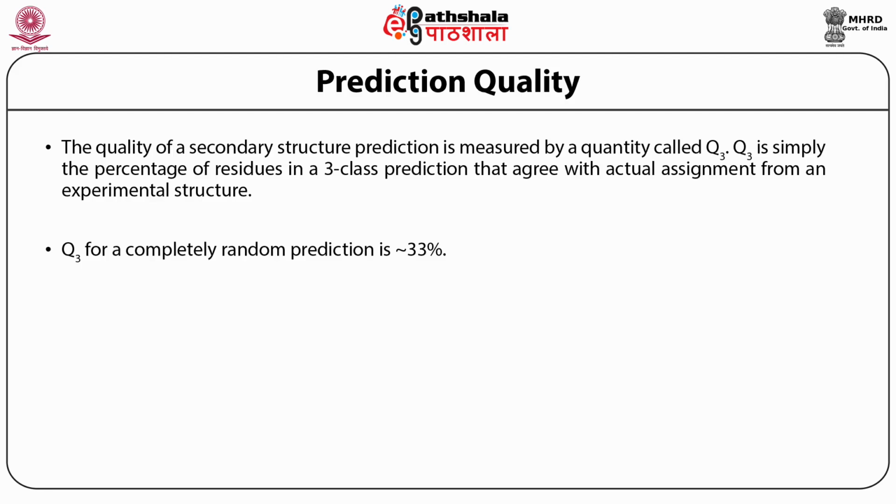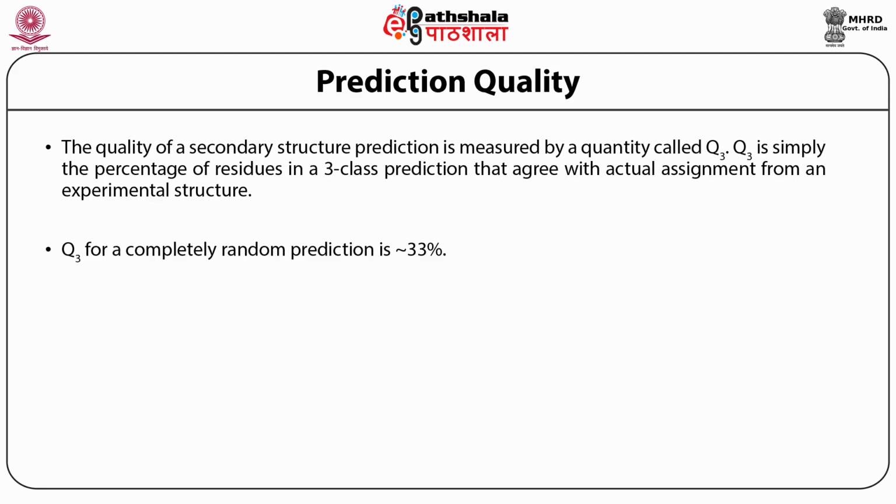So obviously any prediction method to be of any use must perform better than a Q3 of 33%. Now one should also see that 100% accuracy may not always be achieved, and not because of the fault of the prediction algorithm, but because of the fault of